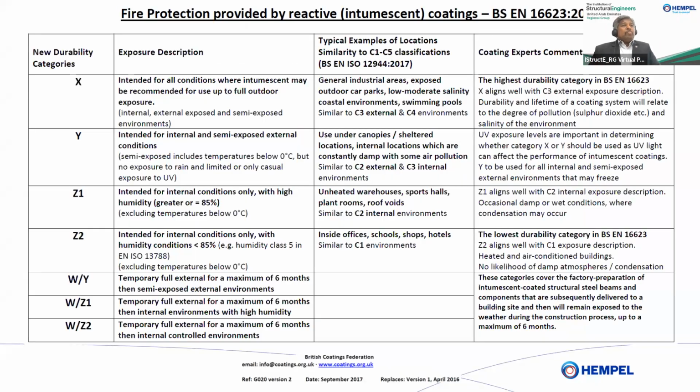Now the problem is, we know ISO 12944 doesn't work in the case of a fire protection intumescent coating system. There is a standard which we can use to evaluate the durability of intumescent coatings or fire protected coatings. It's called EN16623. Because in Europe,